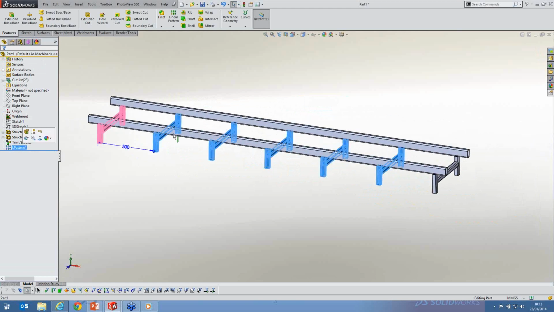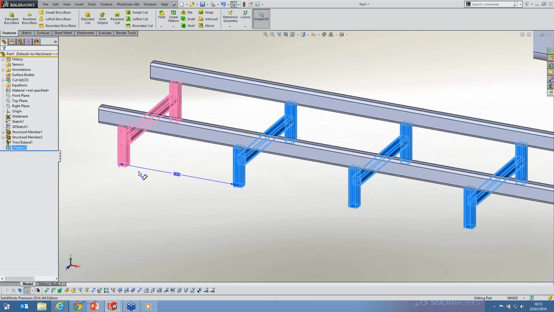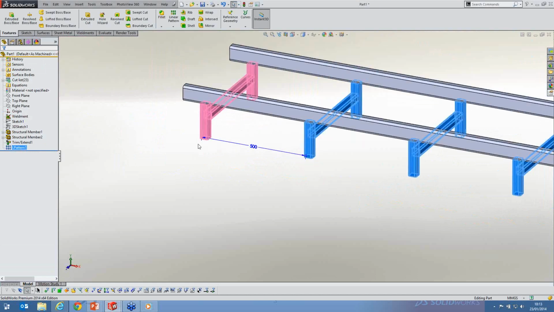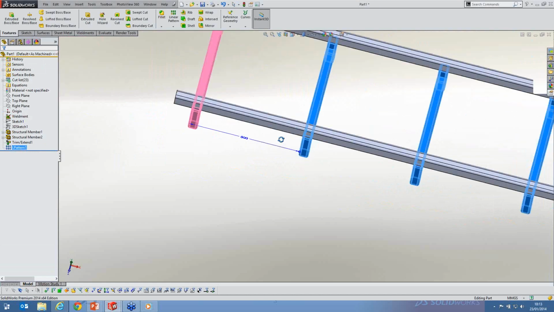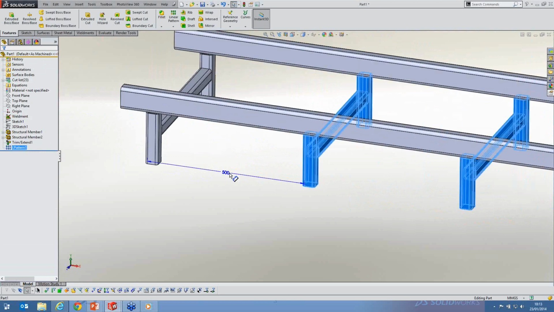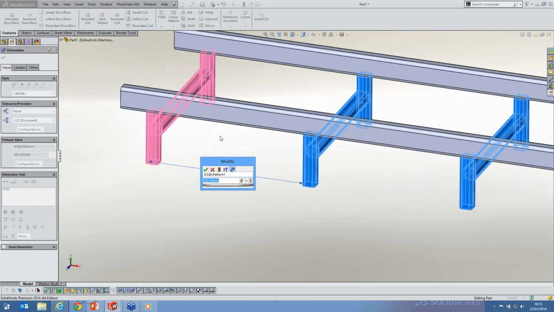Within this pattern here, if we just select that pattern, we can see that we've got the 500 mil dimension controlling it, like so. And if we double click on that, we should get the number of instances that we're using as well. So here I can say to this 500 mil dimension that I want that to be a little bit more intelligent than just filling in a value. So what we're going to do here, we're going to just use the equals button on our keyboard, which tells the software we want to use an equation, and I'm going to tell this dimension that it needs to be equal to